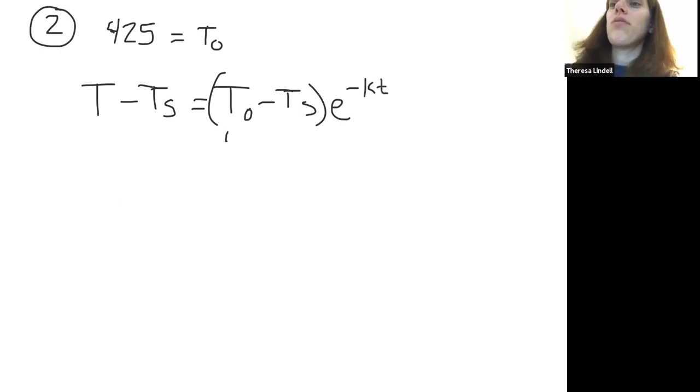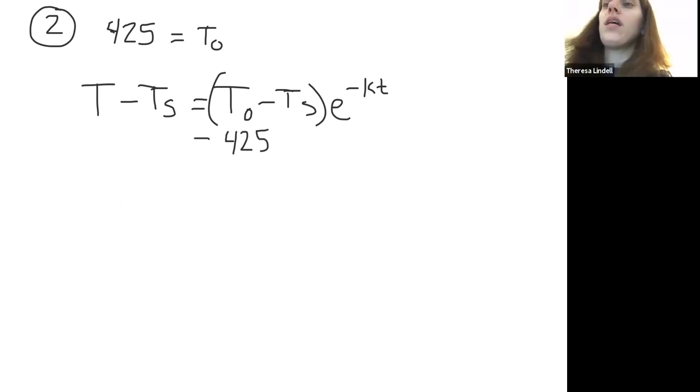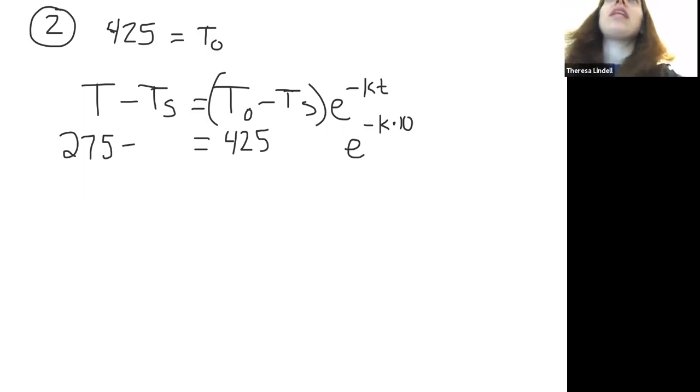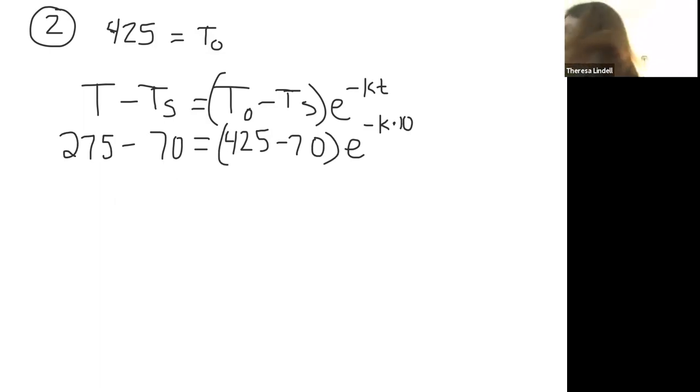So you put the 425 in for T_0, and then it says after 10 minutes, the temperature is 270. That's where we can put 10 minutes in for this guy and 275 for this temperature, because T_s specifically has to be the surrounding room temperature, which is 70 degrees. And so then as soon as you do this, you have an equation